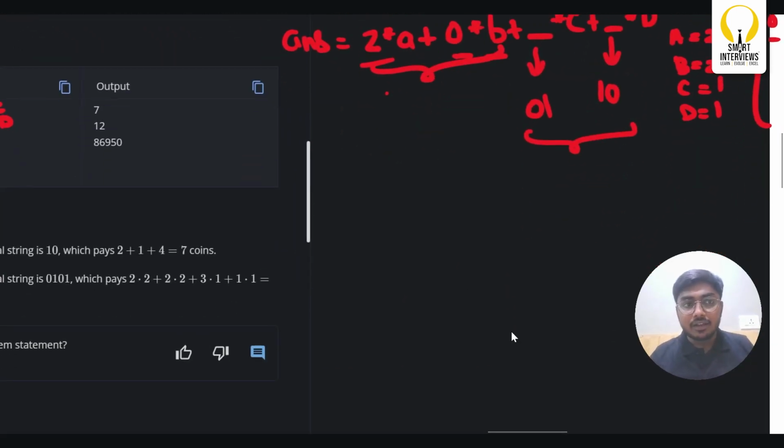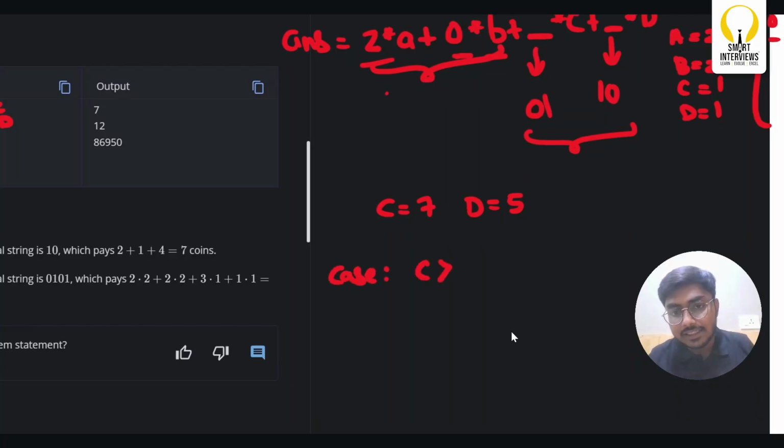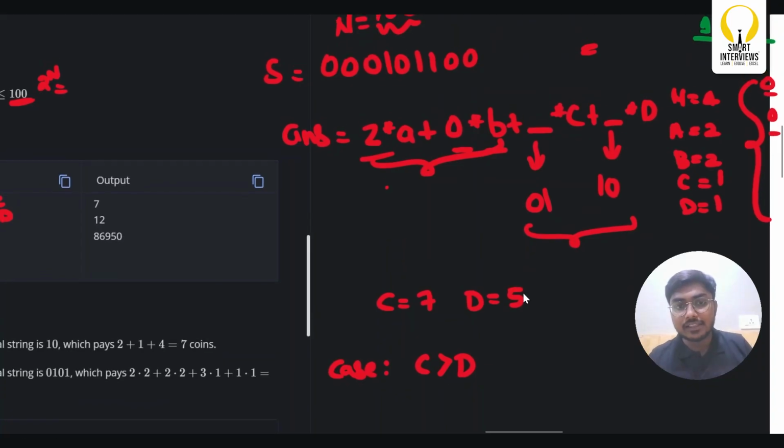Let's say you are given the value of C as 7 and the value of D as 5. I'm talking about the case where C is greater than 5. Oh, sorry, C is greater than D here. I'm talking about the case when C is greater than D. And if I take this string itself,